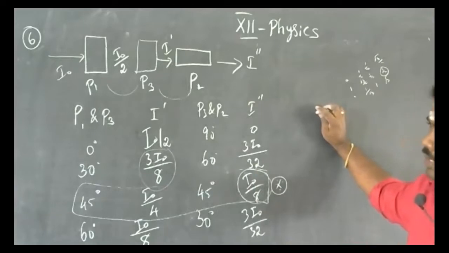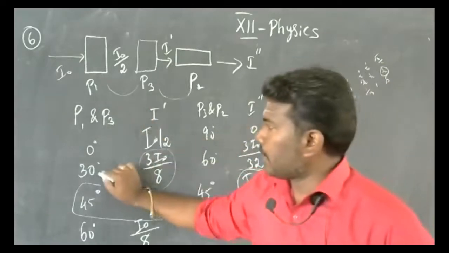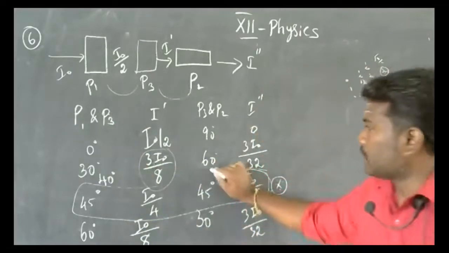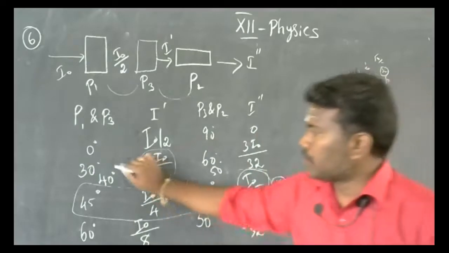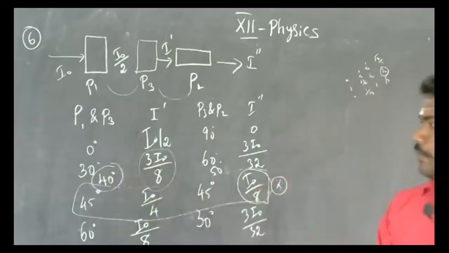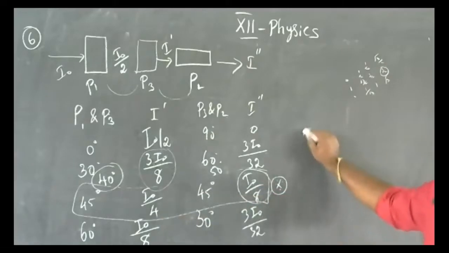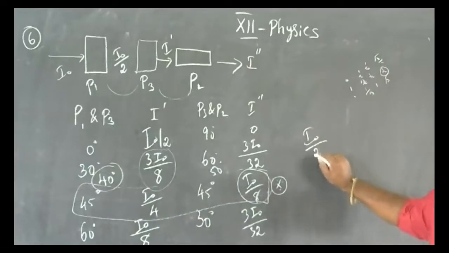And also we can check any of the other angle. If you fix the angle between the B1 and B3 is 40 degree, here the angle is nothing but 50 degree. So if here the 40 degree means in this place the intensity of the light ray is nothing but I naught divided by 2 and